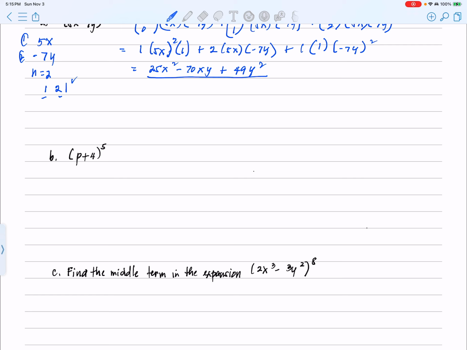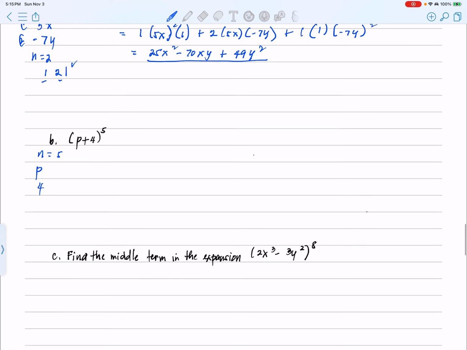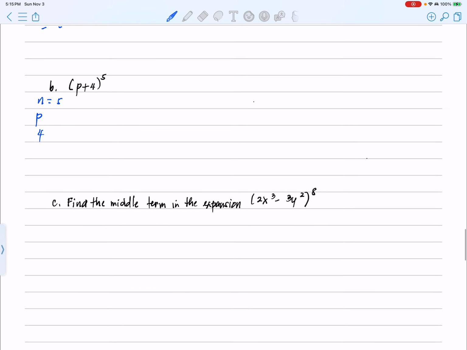Okay, 5. So our n is 5. Our first term is p. Second term is 4. So I'm going to write it here. Since it starts with 5 choose 0, p times 4